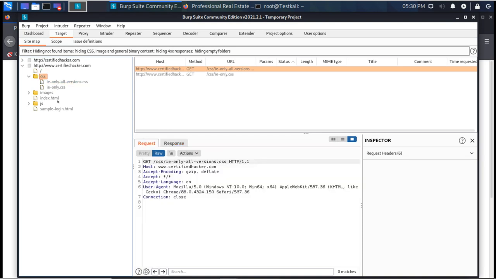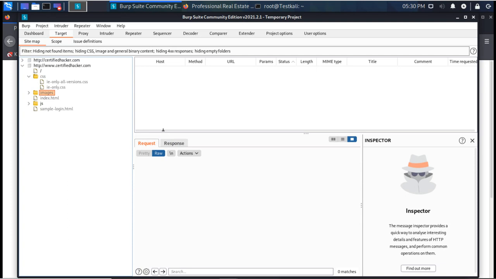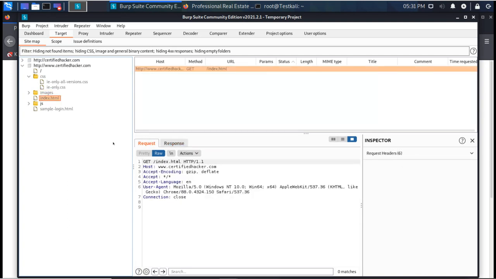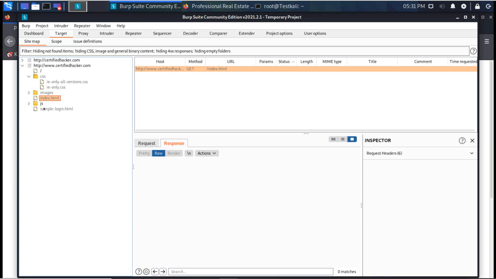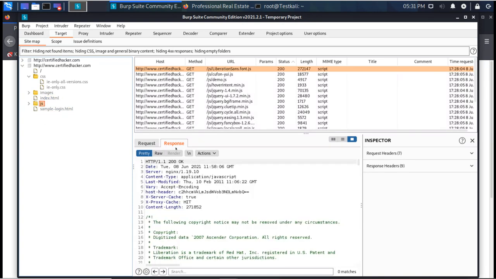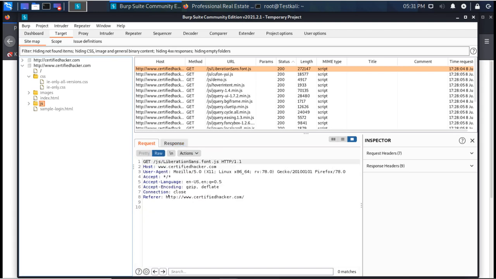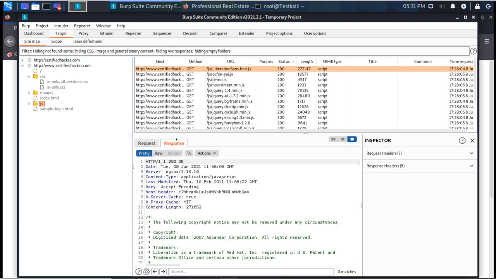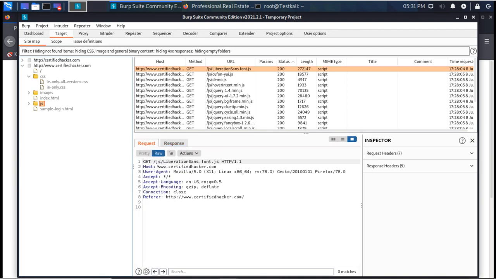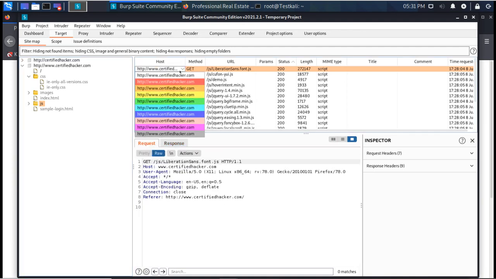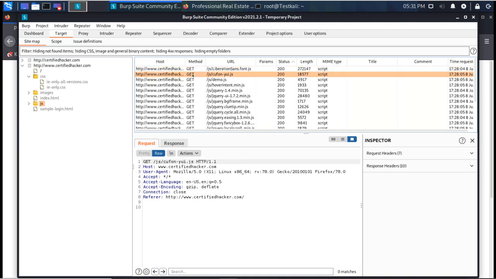These are the requests, request, response, and here you can see some hidden objects. These are responses, these are requests. So this is the request we sent, and this is the request and this is the response.